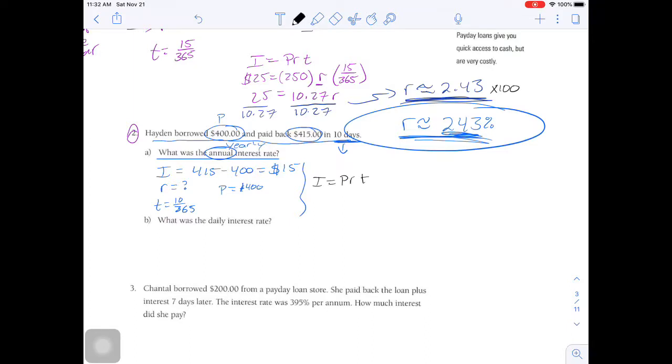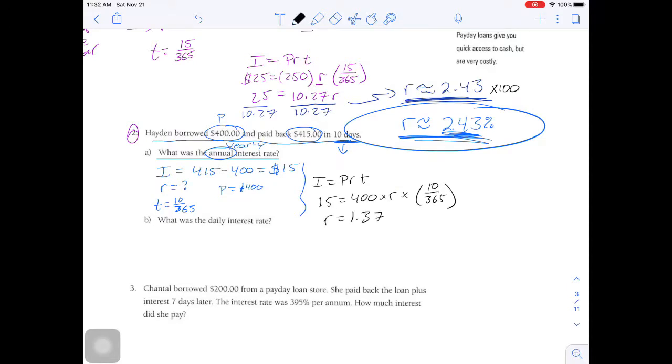So now we're going to do the exact same thing we did above. Our interest, which was $15, equals P, which was 400, times R, which is what we're solving for, times T, which is 10 divided by 365. Now, I want you guys to try and practice solving for R. Remember, we just did it above. You should get R to equal